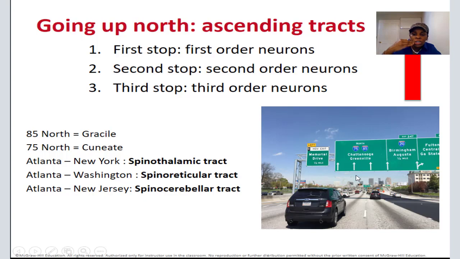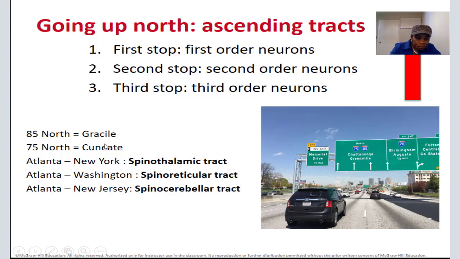And when you stop at different cities when you travel, at every stop it's like switching cars. You stop in one car, then switch to a bus or train. In the nervous system, the same thing. Neurons do not go from the outside of your body directly to your brain. They synapse, which means they connect with the second neuron, talk to the second neuron, then the third neuron. We call them first stop, second stop, or in biology, first order neuron, second order neuron, third order neuron. But the name of the road here, you can see that,